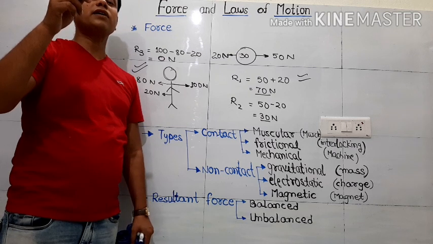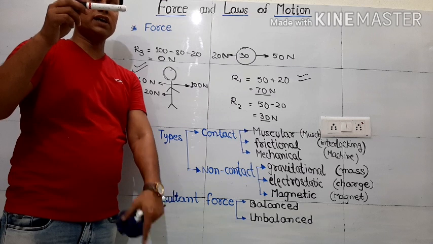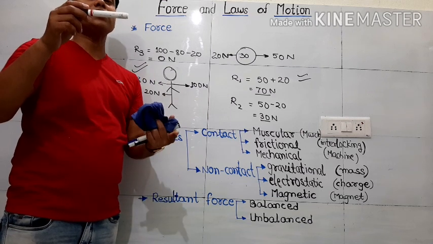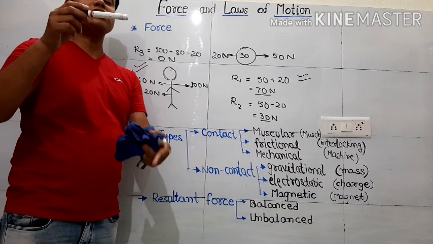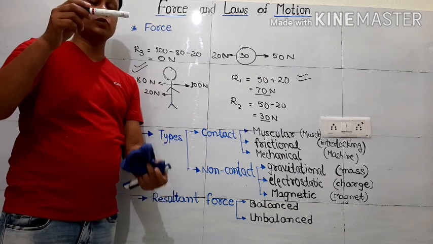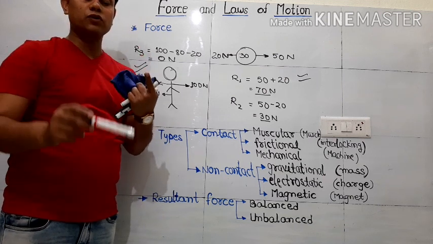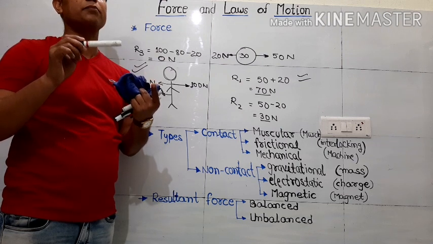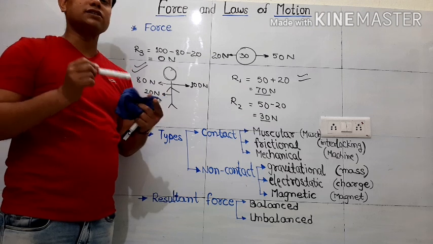But if I release it, then the gravitational force is there and air friction is also there. In that situation, force is also being applied, resultant force is there. But since the gravitational pull is larger than the air friction, it is finally moving towards Earth. So here the resultant force is there, but it is unbalanced now because it is moving. So that is the situation.